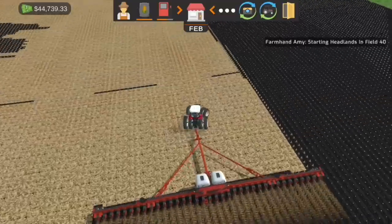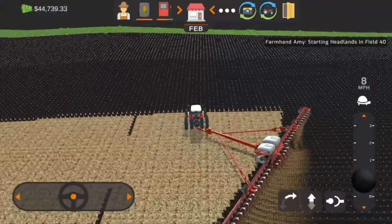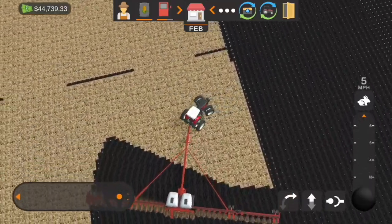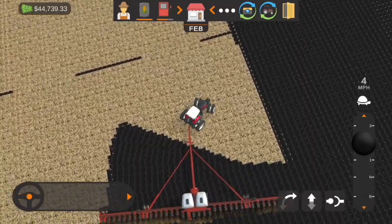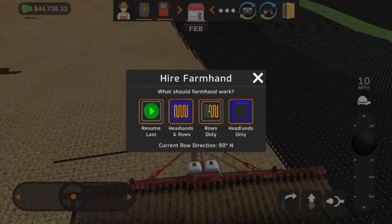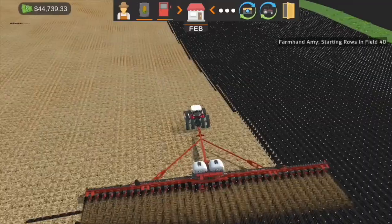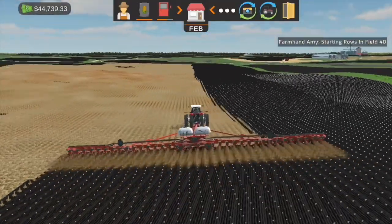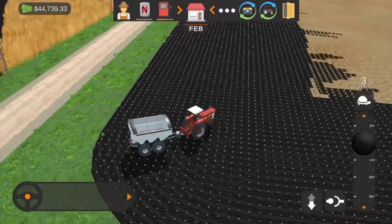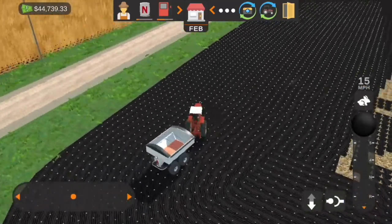We're going to go ahead and get a helper. Nope, that's the wrong button. I hit headlands. I don't want headlands. I just want rows only, but I hit the wrong button because I'm just so used to hitting that one. Rows only is what we want because our fertilizer spreader got done. So we're gonna run him over